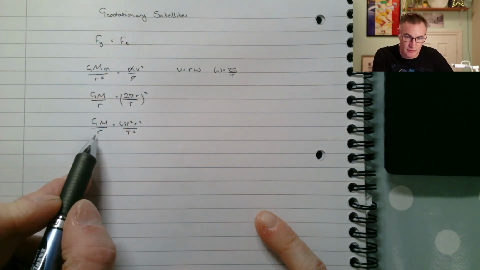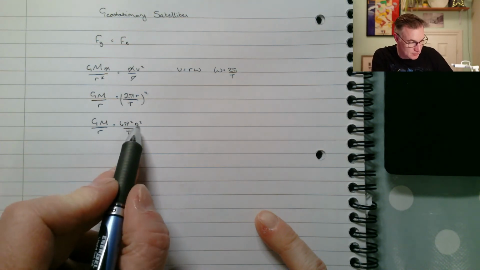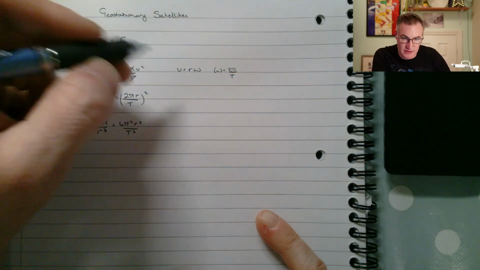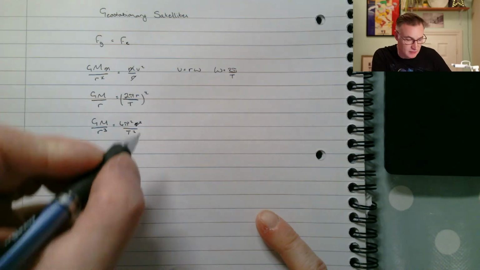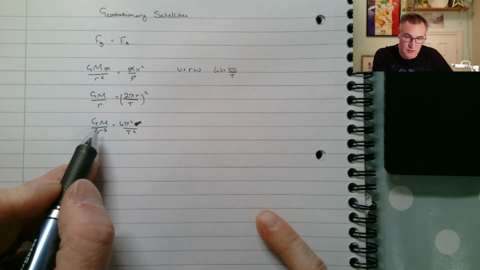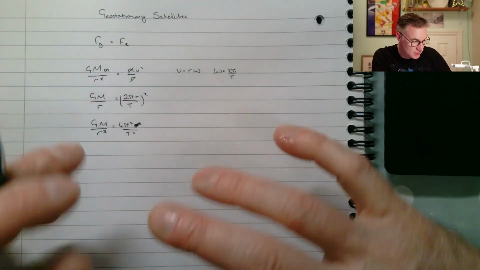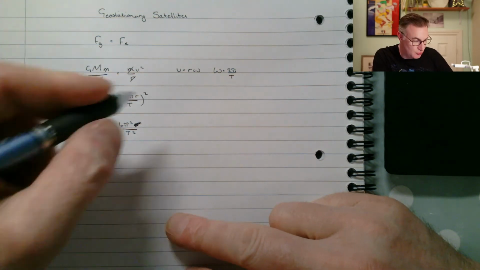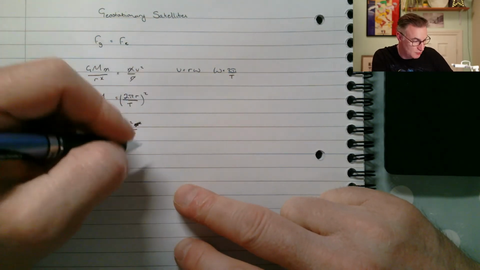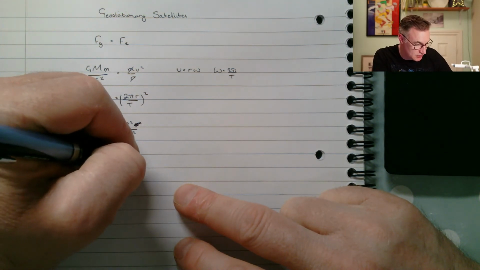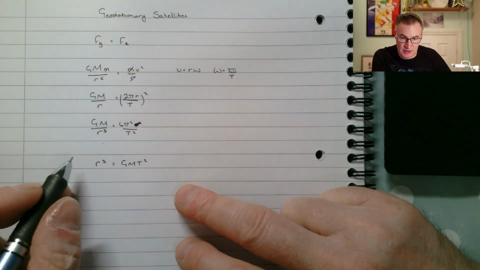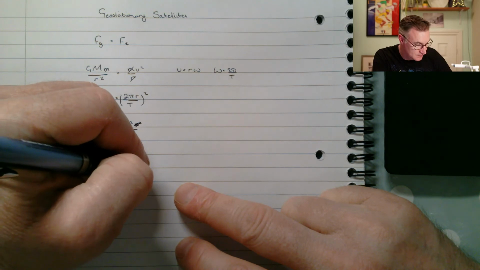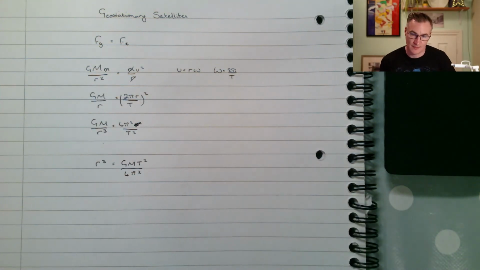And this time we're going to rearrange for R. So bring the two R's down there, that'll give us R cubed. So if I just get R there, get rid of them from there. So we want to find what R is. And so I'm just going to flip both sides of the equation. I'm going to be left with R cubed, GM would then go down to the bottom. But when we cross multiply, we're going to have GM T squared, and that's going to be over 4 pi squared. Okay,